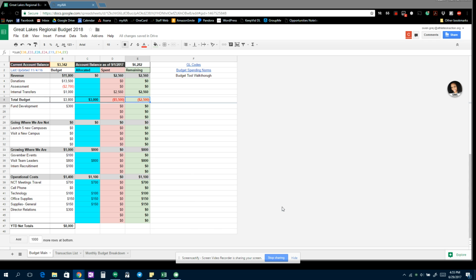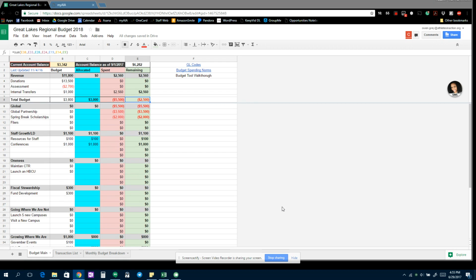Hey RDs, this is the new budget tool that I'm going to have you guys use instead of the crew budget tool that you guys have been using for several years now. So I'm going to walk through a short tutorial now, and then I'm going to try and schedule one-on-one meetings with you guys to make sure you fully understand what this budget tool is doing and its purposes